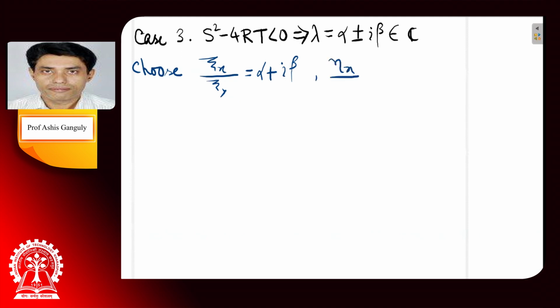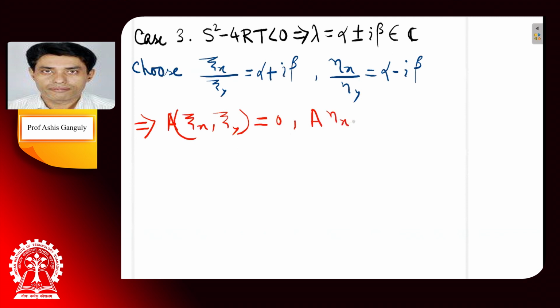And eta x by eta y equal to alpha minus I beta. So of course, this will give you both a vanish, because this corresponds to roots. But remember here, note that we cannot say these are two characteristic directions, because characteristic directions means real thing. But these are complex, no? However, we have both a vanishes,